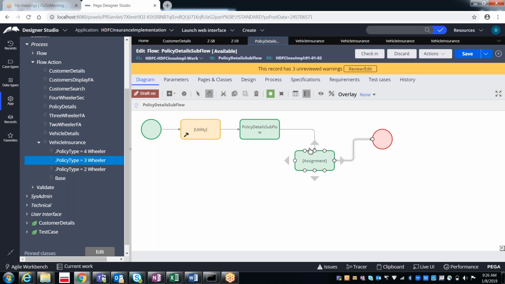But this time the flow is very simple. I selected just one flow action, vehicle insurance, and when it displays the flow action, it automatically checks the condition and, based on the condition, displays that particular flow action. So one flow action works as 4 flow actions. That is the thing.